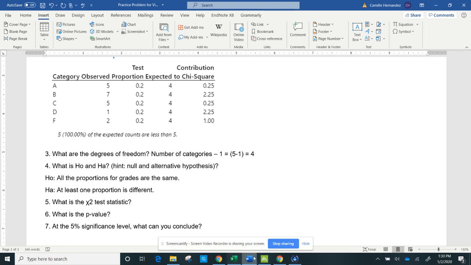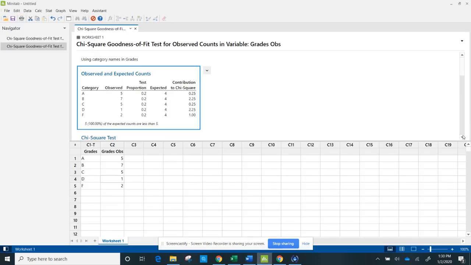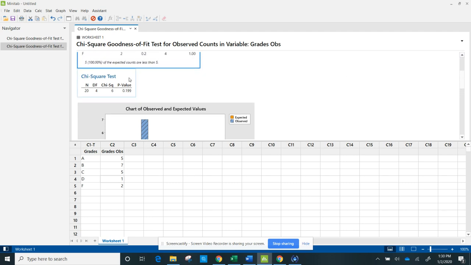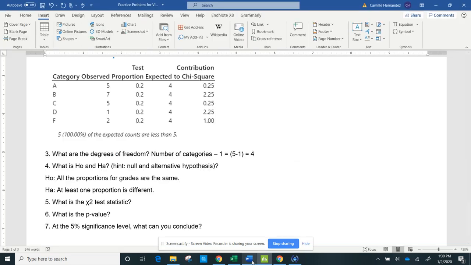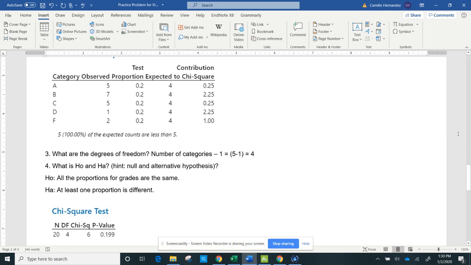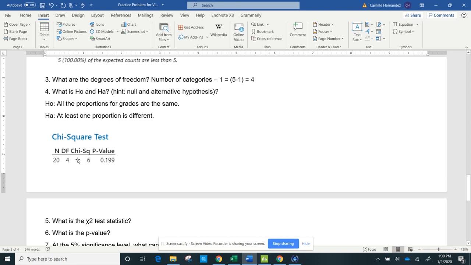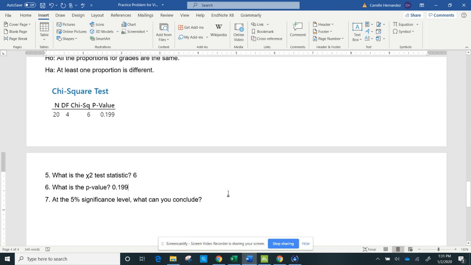So if I go back to Minitab, and if I scroll down, I can look here, and I've got something. So I do copy as a picture. And you can do this too when you have Minitab. You can copy and paste this information. So under here, I'm going to put this right there. Okay. So what is my chi-squared value? It's 6. And what is my p-value? 0.199. All right, so since my p-value